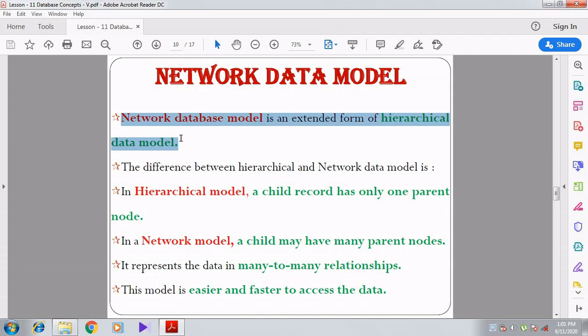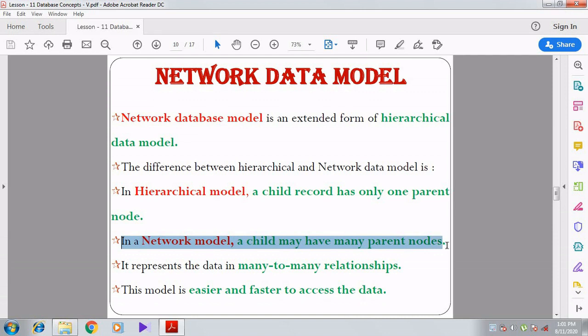Hierarchy means it is represented in a tree-like structure, a one-to-many relationship. But in the network model, a child may have many parent nodes. That is a many-to-many relationship. That is the difference between the hierarchical data model and the network data model.